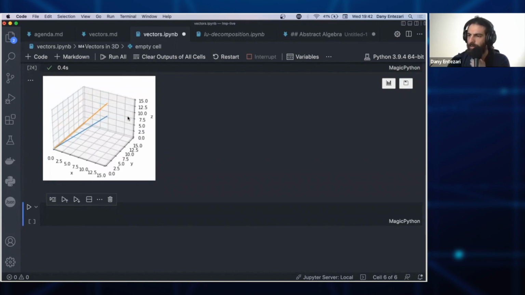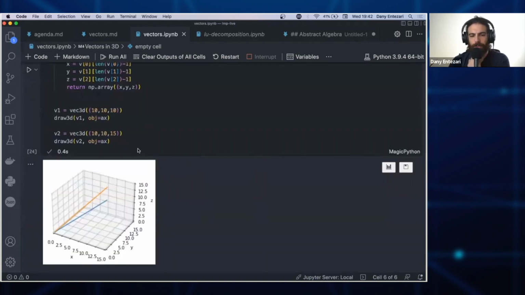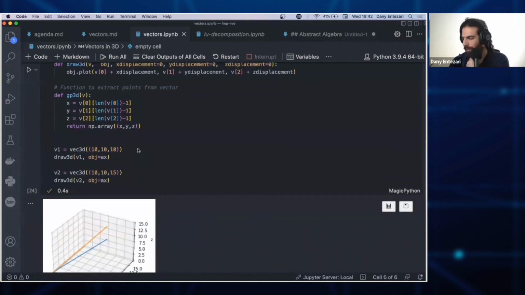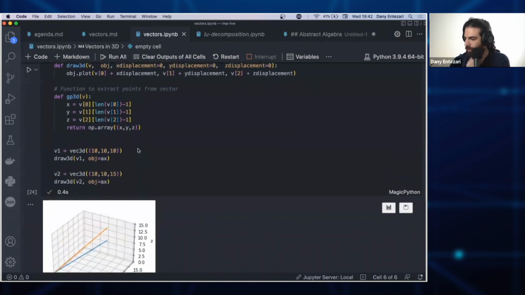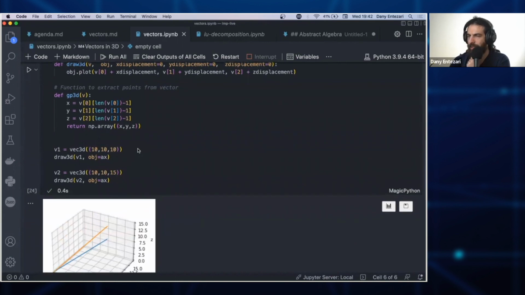Now, let me show you a practical example, but now with vector addition, because I think outside of physics, I can't come up with any practical example. So I'm just going to turn our attention to